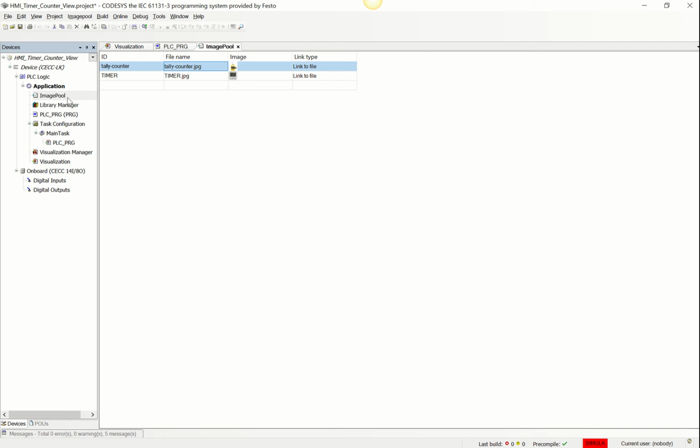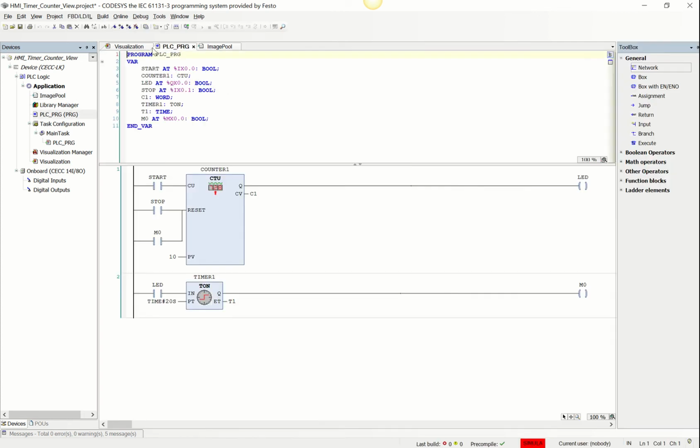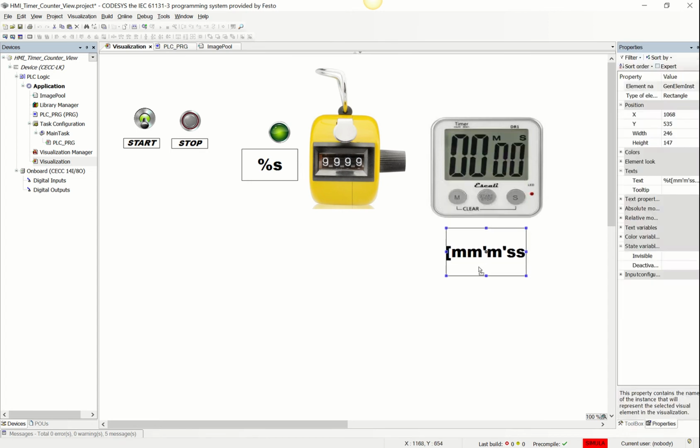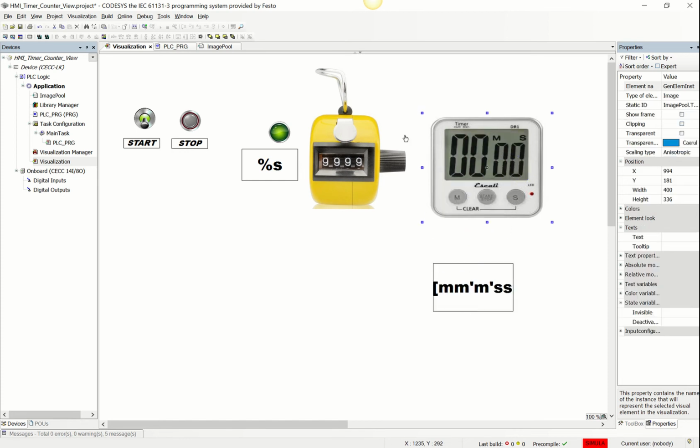I've added them into the image pool, and that allows me then to be able to access it for my visualization. So I've put in an image of a counter, and I've also put in an image of a timer. And then what I've done is I've created, so if you, well, actually before I show you the text box,